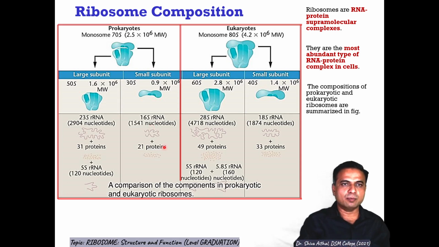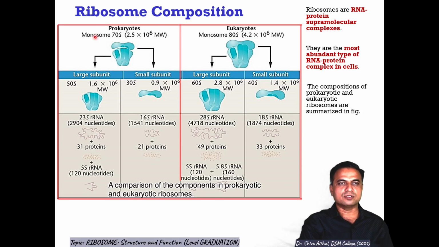So just see the prokaryotic one. This is the red defining line. On the left is prokaryotes, on the right of your screen is eukaryotes. So first, the comparison of prokaryotic and eukaryotic ribosomes. First, let us just see the prokaryotes. Follow the pointer. As this slide seems very complicated for you, when within 2 minutes I will explain this slide, it will be very easy for you to understand it. So I need your attention. Focus here, focus on the pointer here.